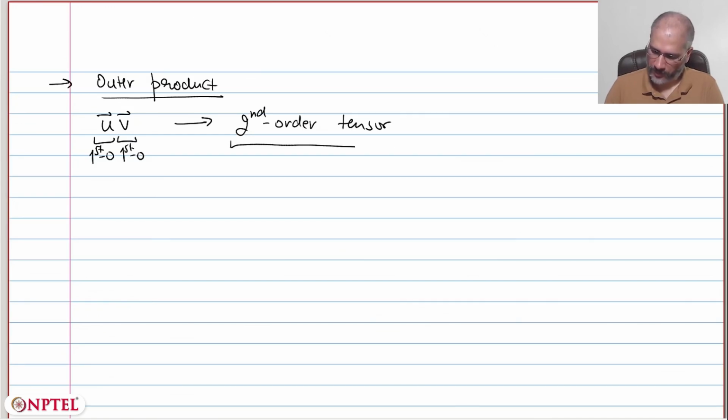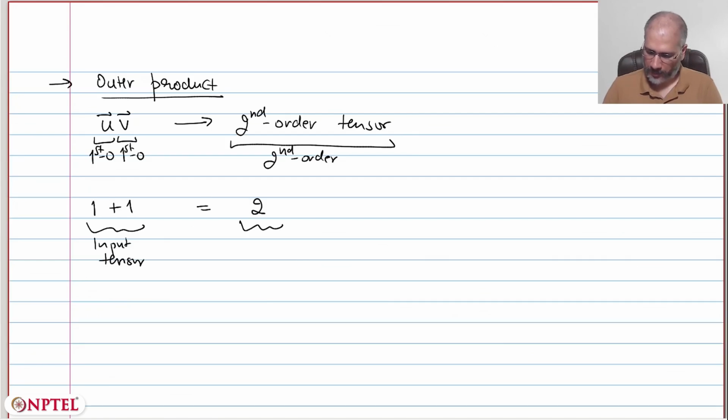Okay, so this is second order. So let's write the pattern that we notice here. So 1 plus 1, this is because of the input tensors, is equal to 2. That is the